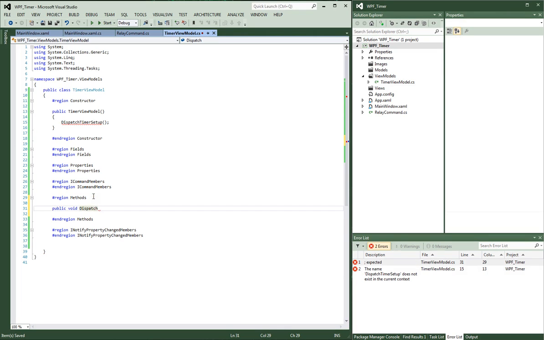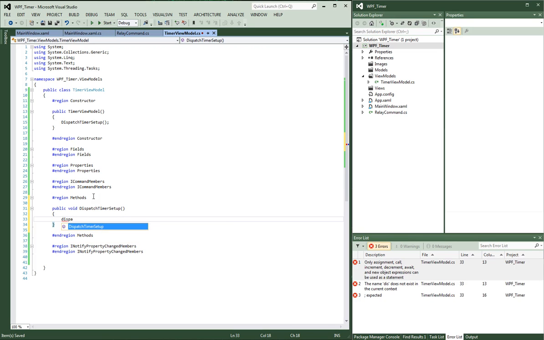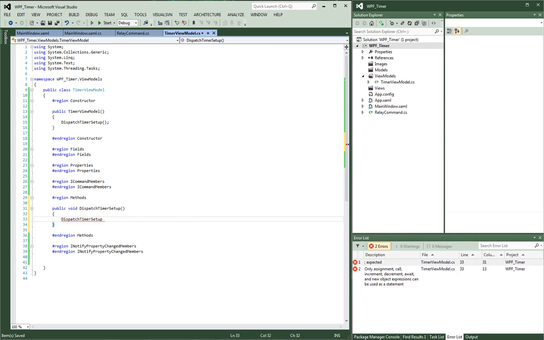Now here, I'm actually typing it out again, but we could have just copied and pasted. Save ourselves some time. So now what we want to do is we're going to have a new event handler. We're going to have a dispatch timer, and basically this is going to be a property. So before I get way ahead, let's go into our properties region, and we're actually going to